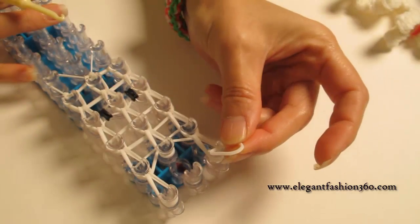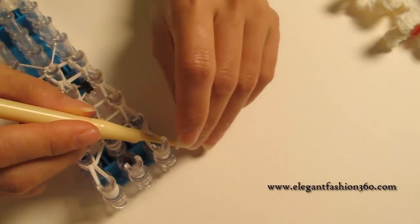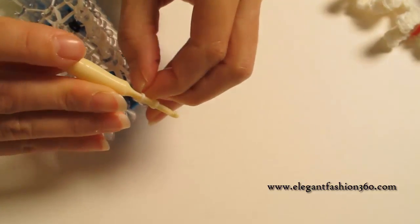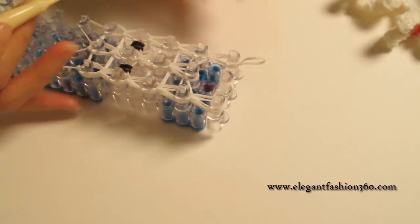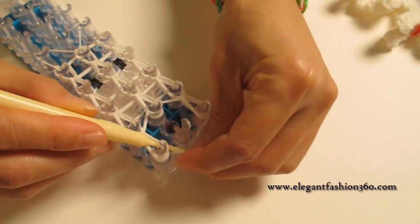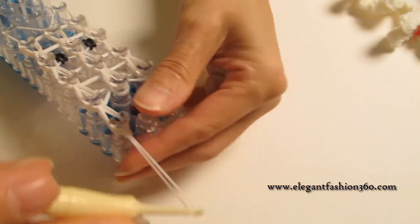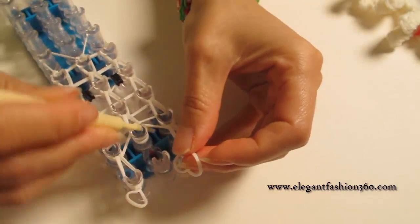Now we're gonna secure the loose end. Take the single band, plug it through all the bands, and then hook the other end to your hook, and just grab one end through the others and pull, and then the same. Grab one end through the others, pull, and